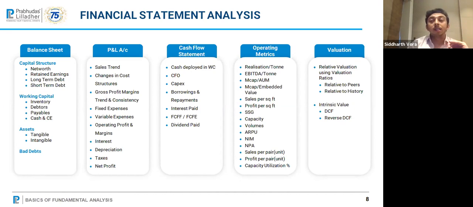The other way to look at it is the stock was trading at 35 ka PE. Now it has re-rated to 60 ka PE. What is the justification for this re-rating? Has the ROE gone up? Has the margins expanded? Has the market share increased? Has the realizations improved? Has the volume growth been much higher than industry volume growth? If you are able to justify increase in a multiple ka rating, then you can buy a stock.